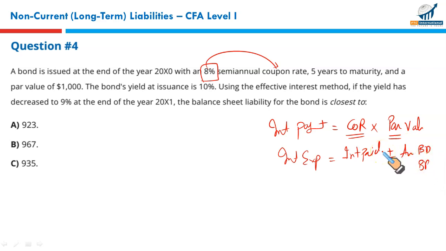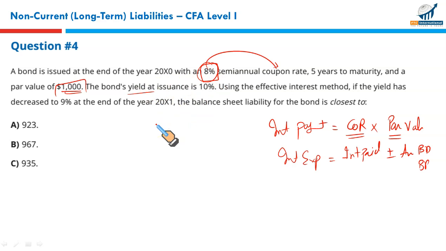We will discuss as we move along, right? Because sometimes our $1,000 bond sells for more than $1,000. That is called issued at a premium. And sometimes our bond will sell for less. Why will it sell for more? When your offered rate is more than the market rate or yield rate, the bond will sell at a premium. If your offered or coupon rate is lower than the market or the effective rate, then the bond will sell at a discount. We will discuss as we move along.